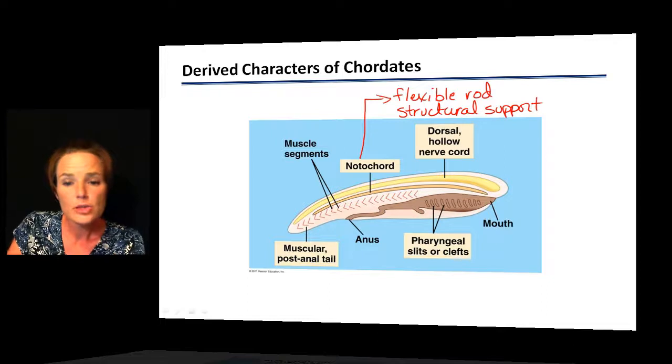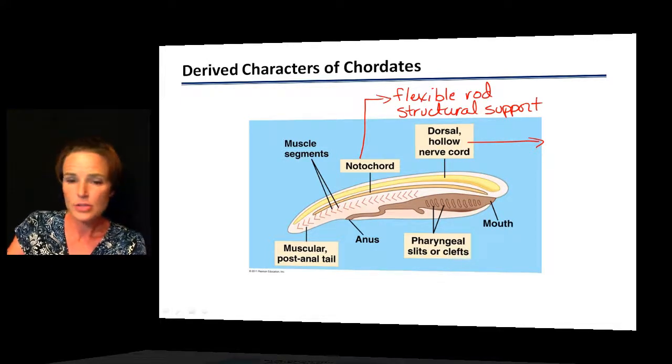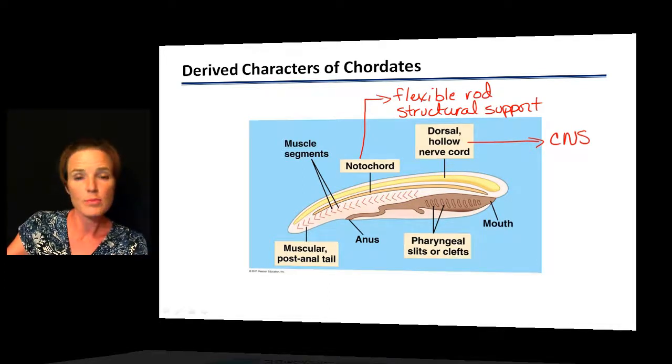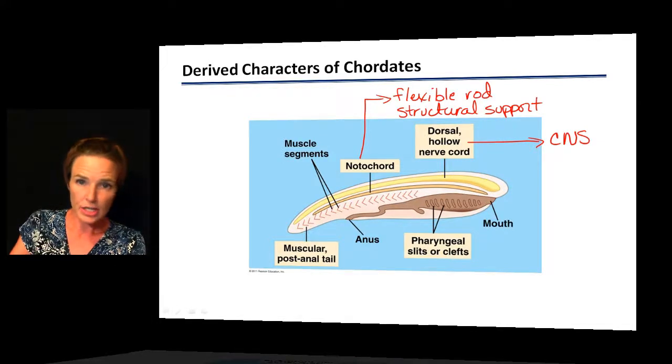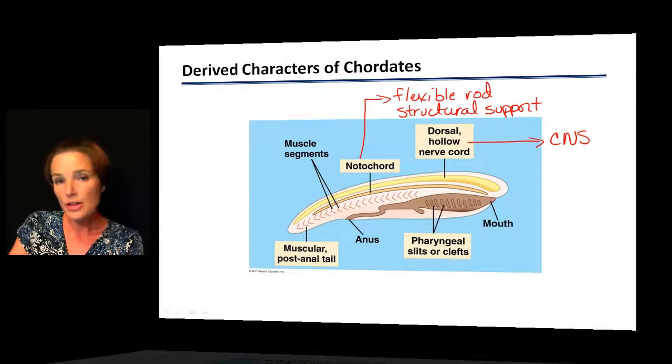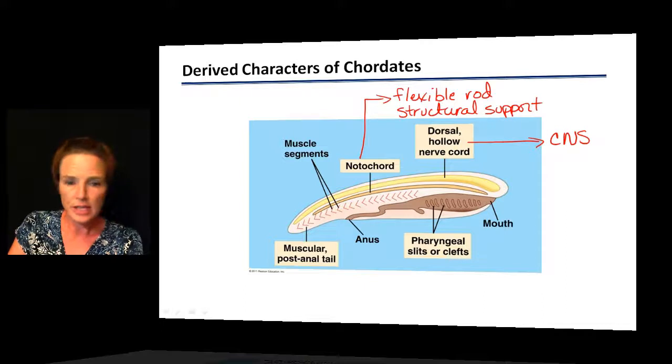If we talk about the dorsal hollow nerve cord, this is a cord that's going to be dorsal to the notochord, and this is going to eventually develop into the central nervous system. So I'm going to put that as the CNS. So it's going to develop into the central nervous system, which includes the brain, ultimately when we get to some of the more developed groups. And this is going to also form the spinal cord in those groups. Some other animal phyla that are not chordates will have a solid nerve cord in them, and it's also going to be ventral in those.